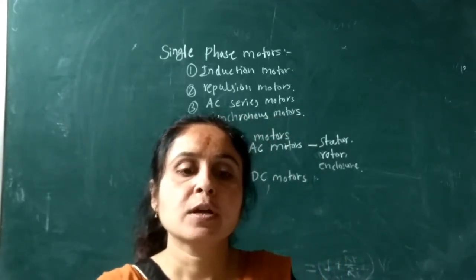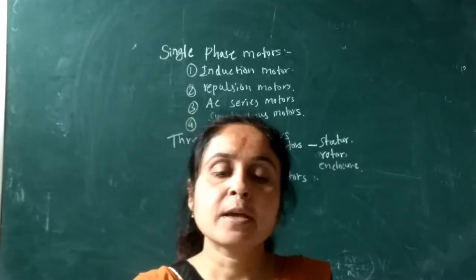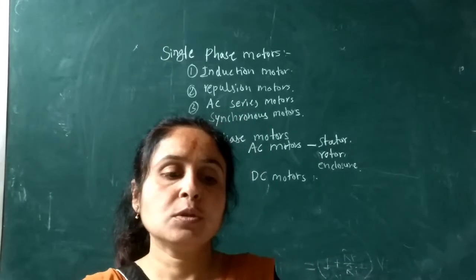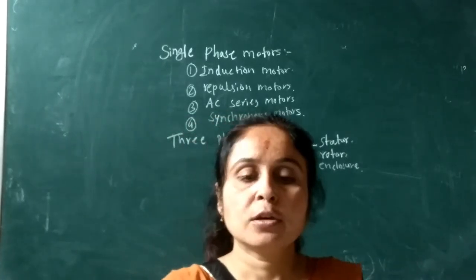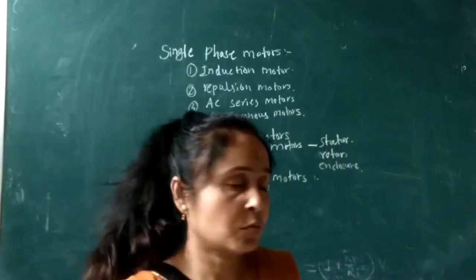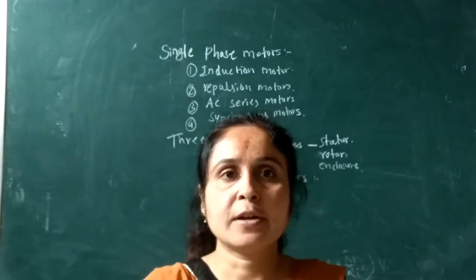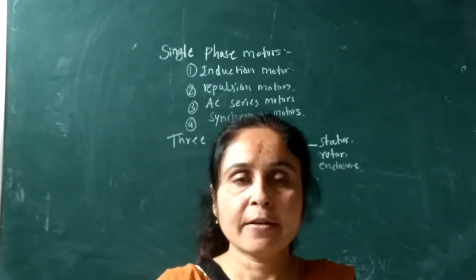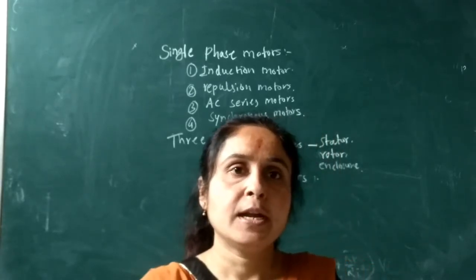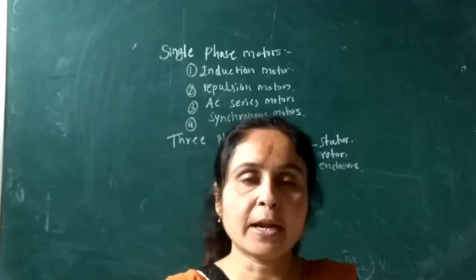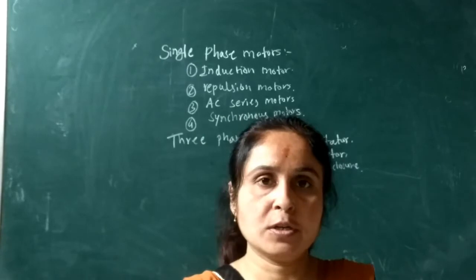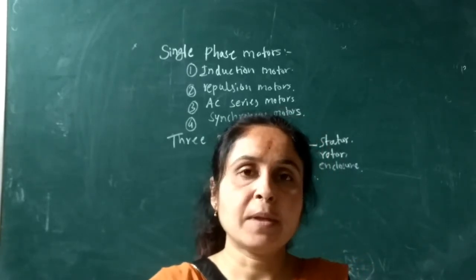the components of thyristors, and that will be supplied to the stator coils that can generate the rotating magnetic field. In these DC motors, the stator coil is generated by the rotating magnetic field. That will be the electrical energy converted into the magnetic field, and that can be applied as input to the motors.